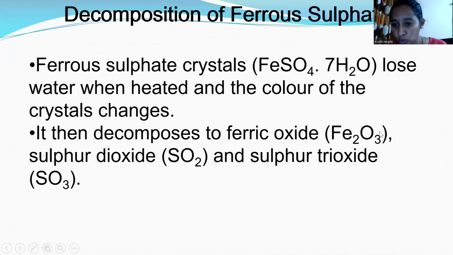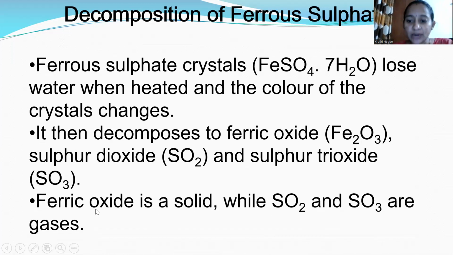One is Fe2O3, another one is sulfur dioxide, another one is sulfur trioxide. This Fe2O3 is actually brown in color. Ferric oxide, which is brown in color. That's why on heating pale green ferrous sulfate crystals, it turns to a brown color substance, which is nothing but Fe2O3, whereas SO2 and SO3 gases are released out. Ferric oxide is a solid, while SO2 and SO3 are gases. This is about